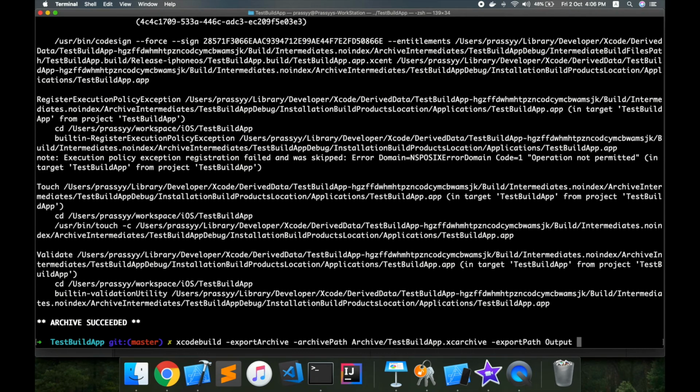If you remember, when we did the same operation through Xcode, after we clicked on distribute app, we had to choose a bunch of options, such as what is the distribution method. Are we distributing it internally, or are we going to run this in a destined device, or are we going to distribute the archive in TestFlight or App Store? We also chose the right provisioning profile which we need to use, but when we are doing the same operation through command line, how are we to achieve all those? We are going to provide all that information in the form of a property list file.